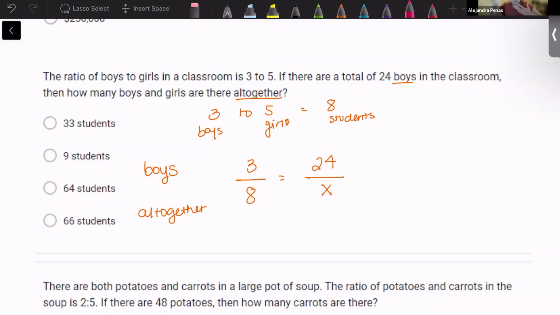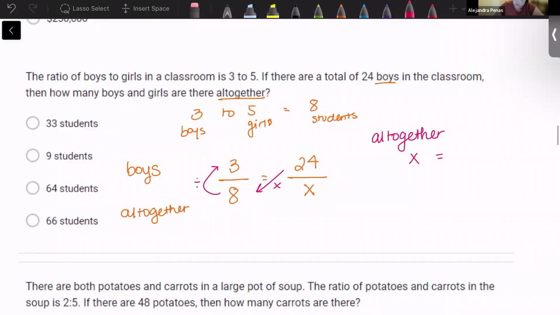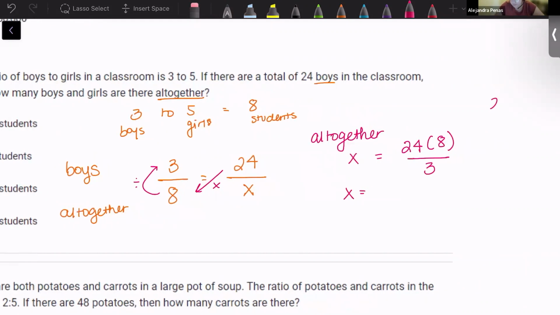So once again, to solve a proportion, we're going to go ahead and cross multiply and divide. So altogether, it's going to equal 24 times 8, everything divided by 3. So that's going to be